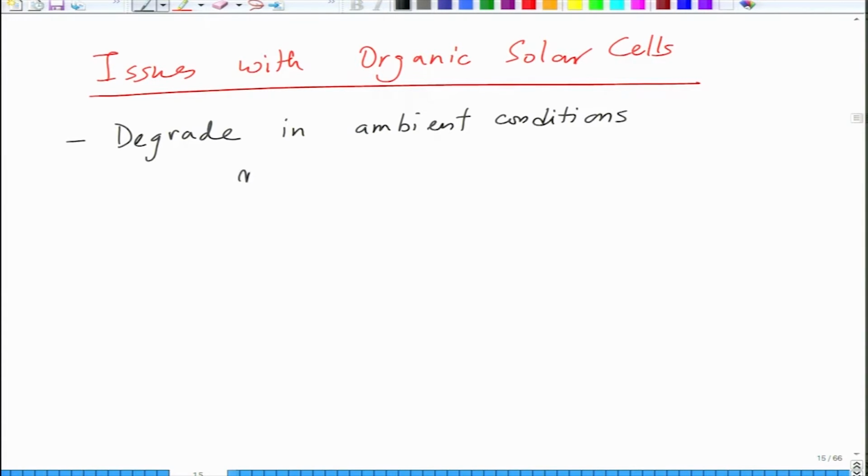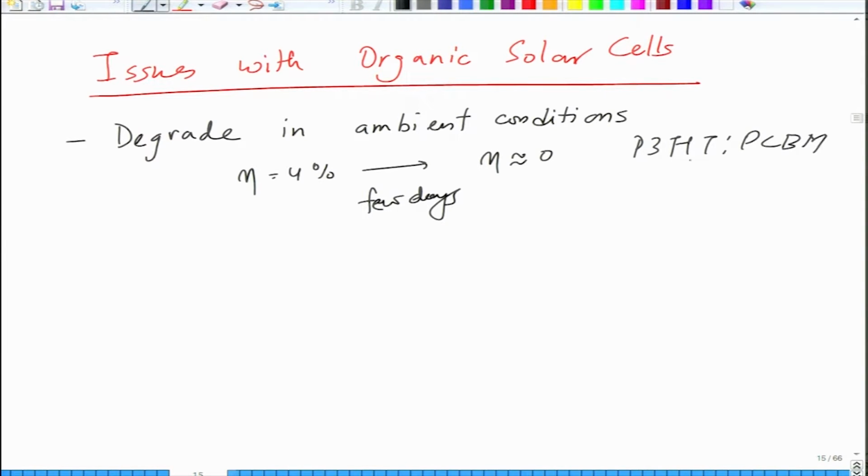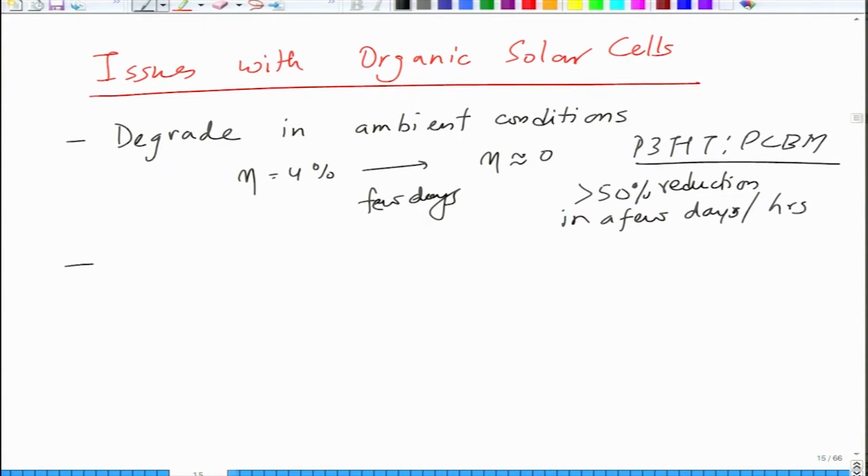So, efficiency for example degrades from about 4% to nearly 0 in a few days for a P3HT PCBM. And sometimes these degrade very strongly, nearly more than 50% reduction in a few days, in fact for certain materials in a few hours